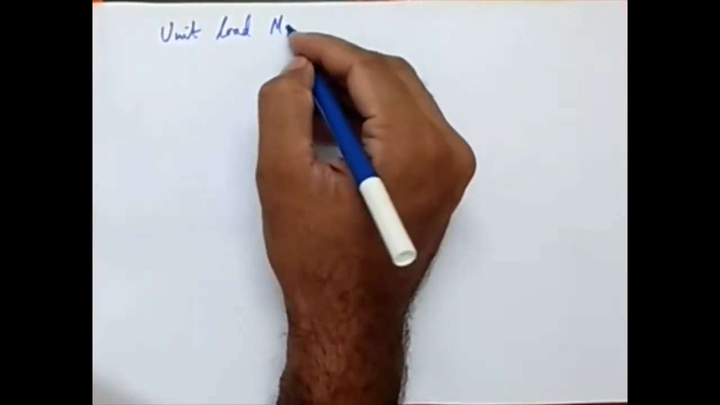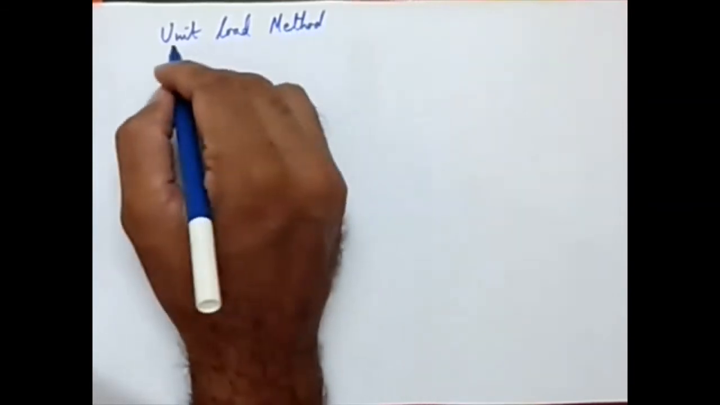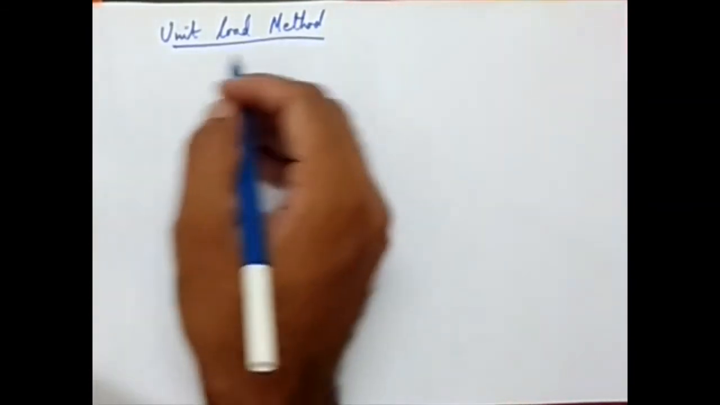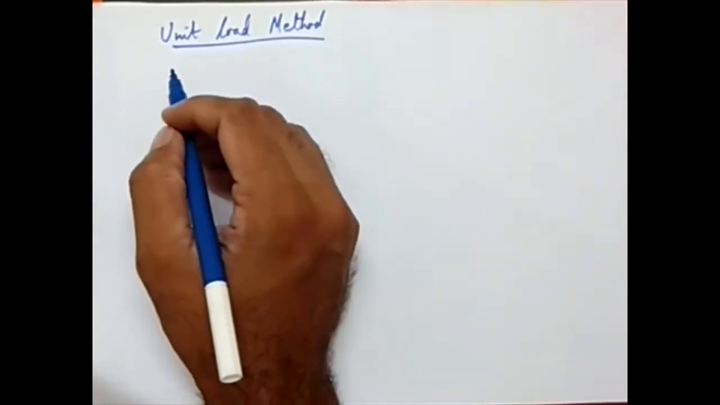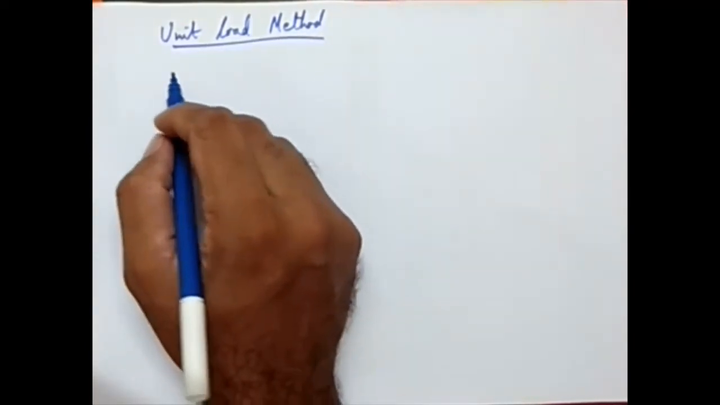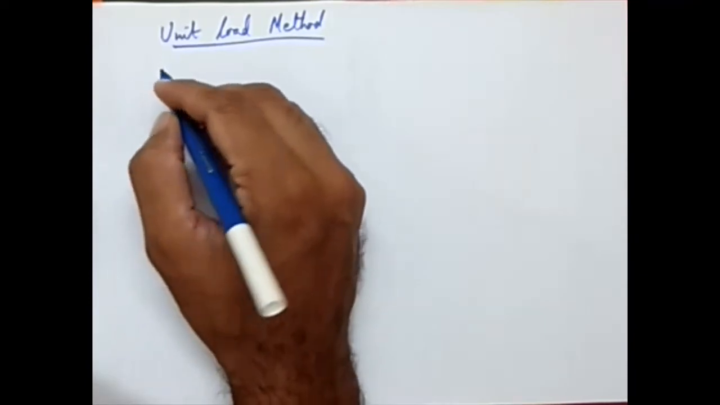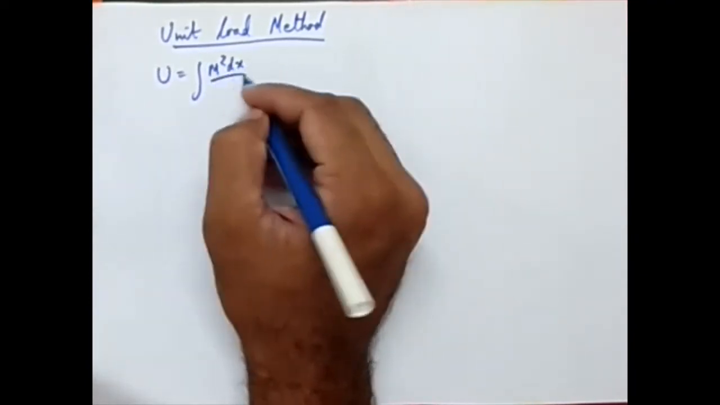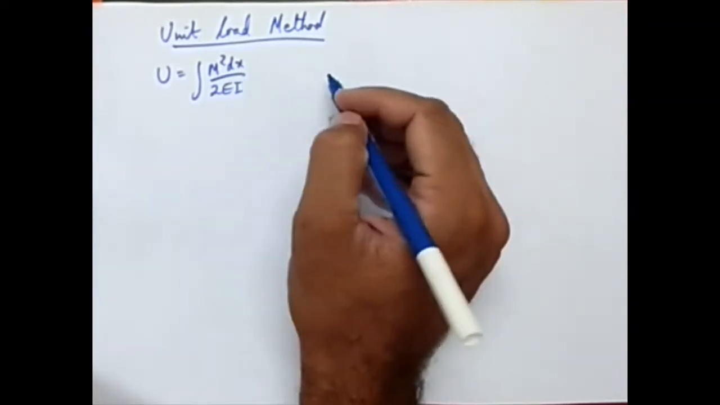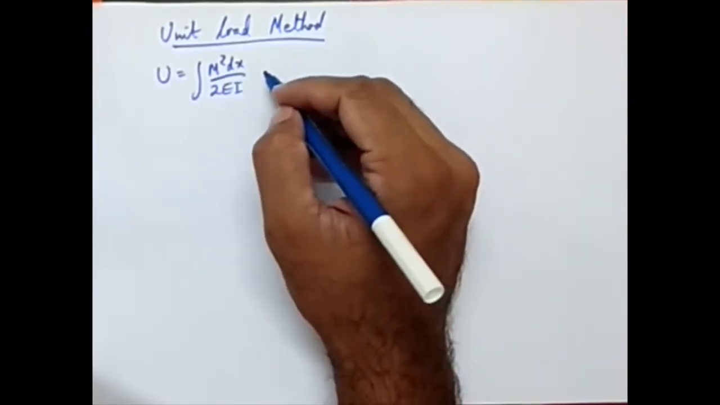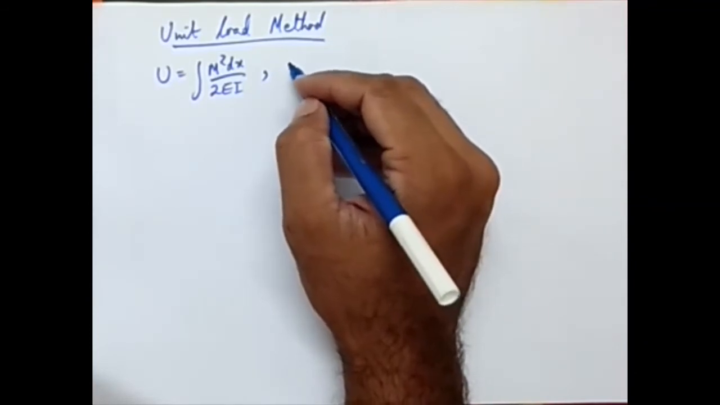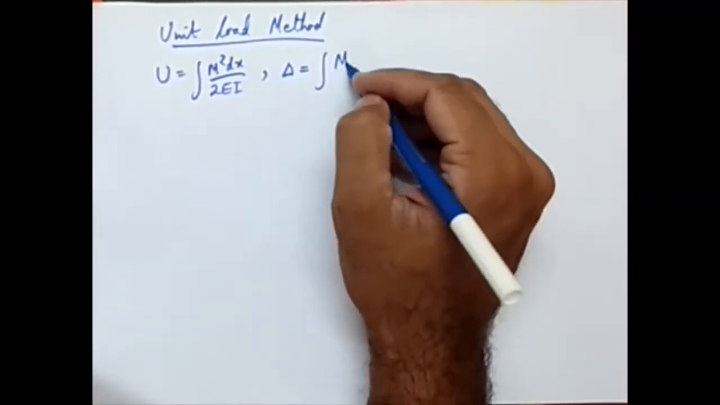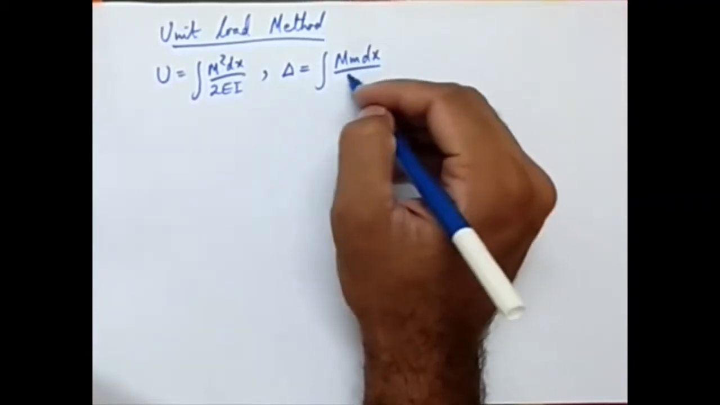Unit load method. So we are going to start with the cases of beam. When beams are subjected to bending moment, that is, a beam subjected to flexural load, we have the expression for strain energy as integral M squared dx by 2EI. Similarly, we have the expression for deflection, delta, given by integral M m dx by EI,